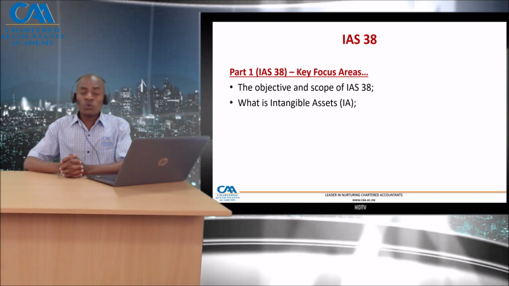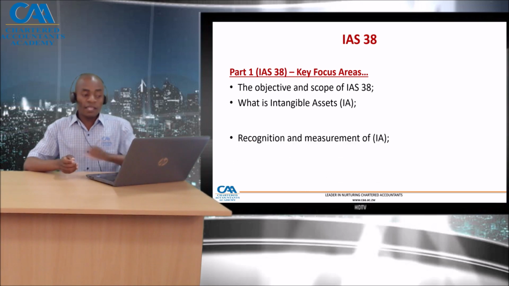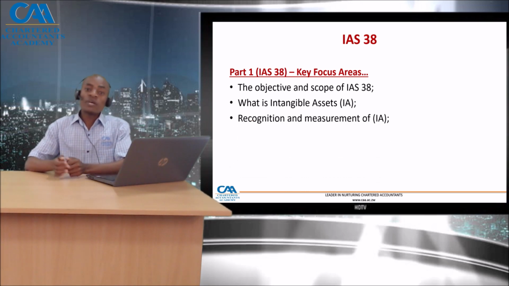We are also going to look at what an intangible asset is, what qualifies or disqualifies an asset to be regarded as an intangible asset. Then we will look at the recognition criteria, at what point the entity is required to recognize